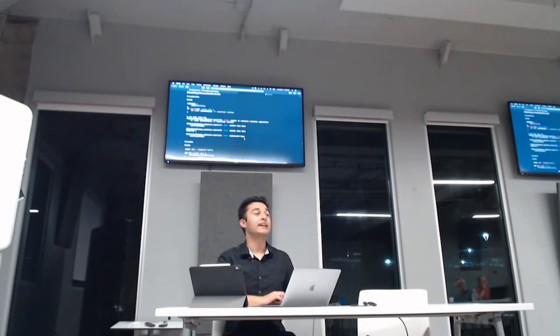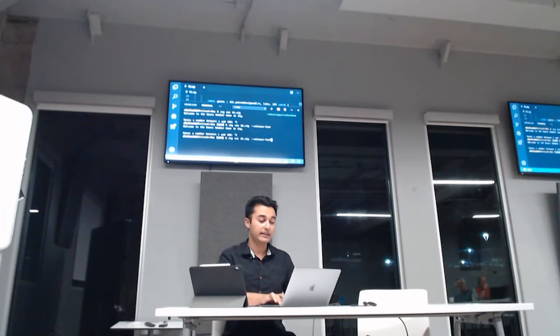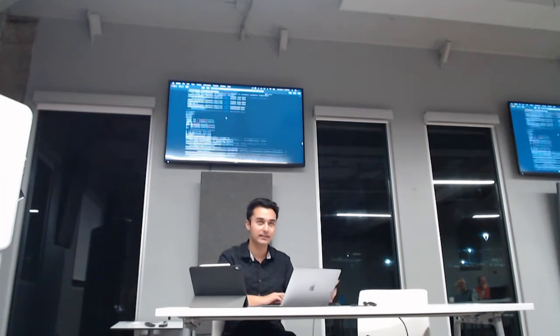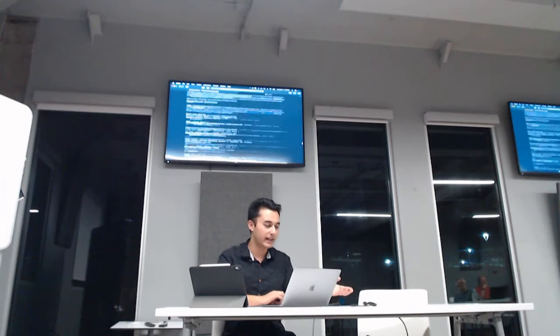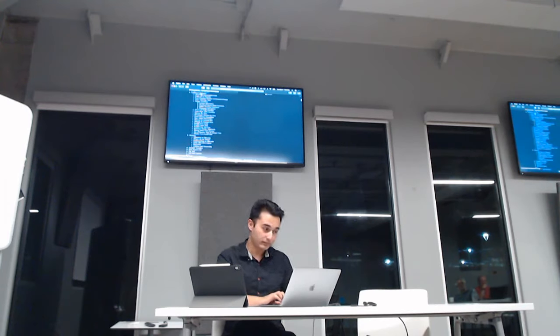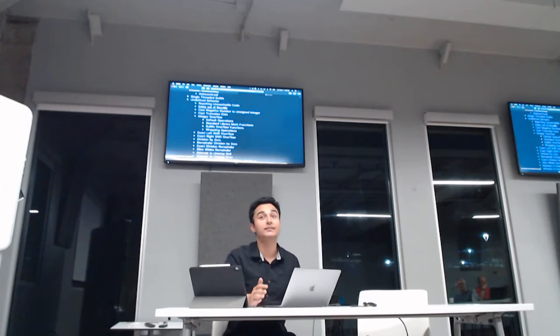So Zig can be as safe as something like Python if you're compiling it in release safe mode. All of the compiler safety checks are in place. Out of bounds access would crash your program instead of doing the wrong thing. Overflows are handled. There are tons of details provided here. These are all the undefined behaviors that are handled by the language if you compile it in safe mode.